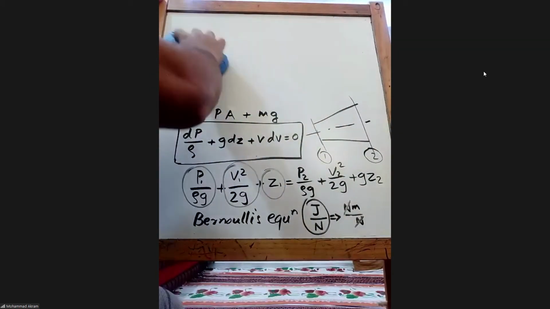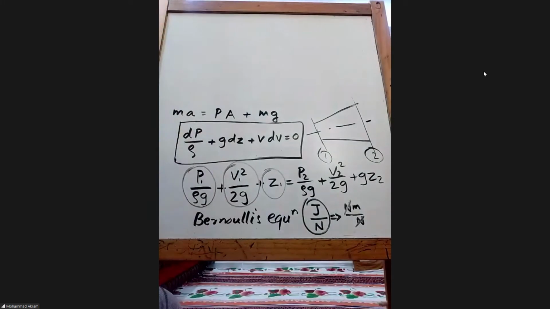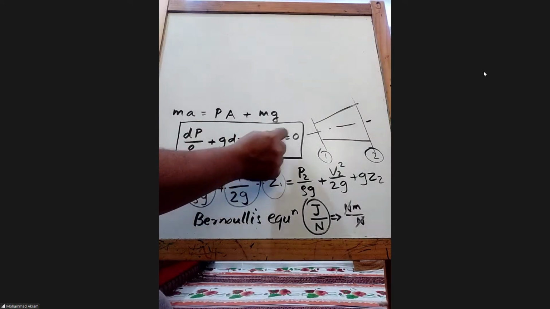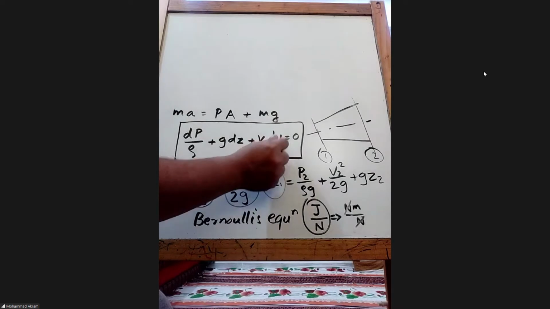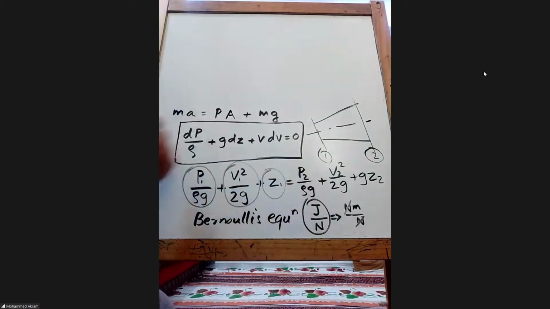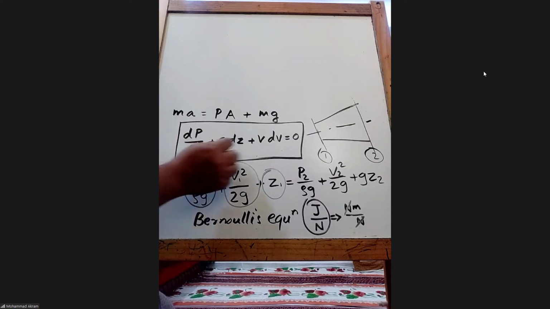Now let's solve some problems and see some applications of these equations, especially the Bernoulli's equation. Remember, here it is saying that the total change in energy is 0. Total change at any two sections you apply is 0. This is related to energy conservation. That means the form can change. If dP is increasing, dV will decrease or dz will change.